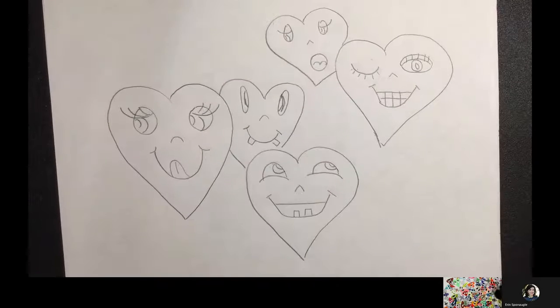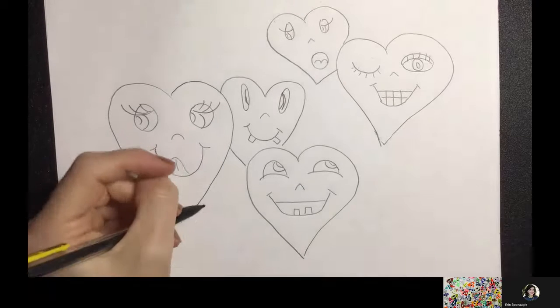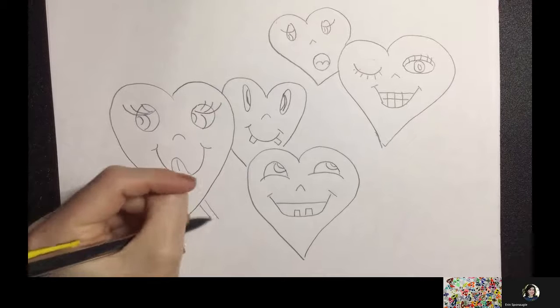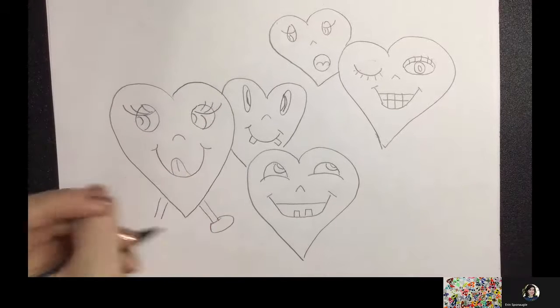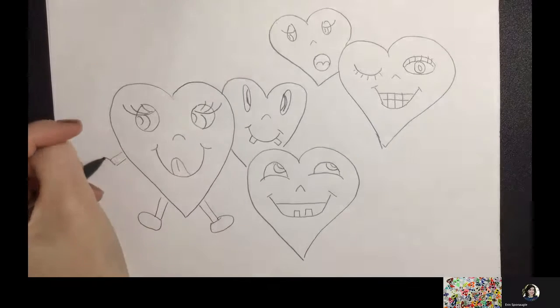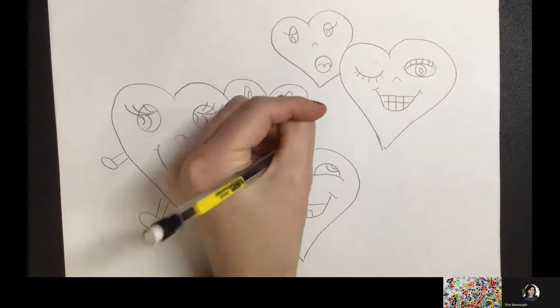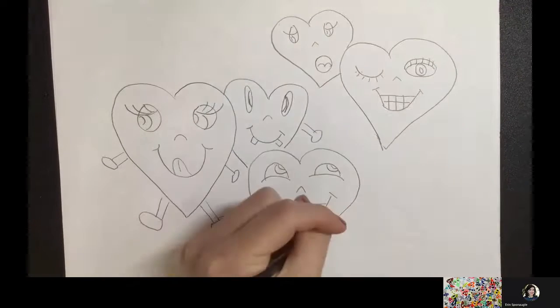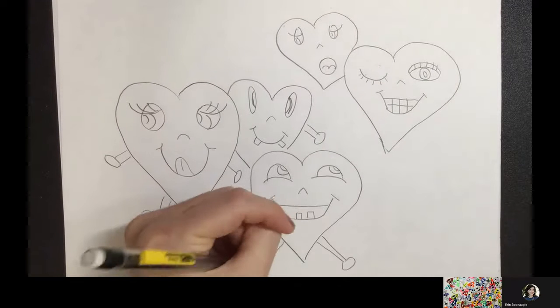So there is my heart family. You don't have to be a family. If you don't want them to be a family, you can also choose to give them some legs and some feet. You don't have to. Maybe some hands. I think they're kind of cute like that. Sometimes Chris Hughes gives his hearts, his happy hearts,